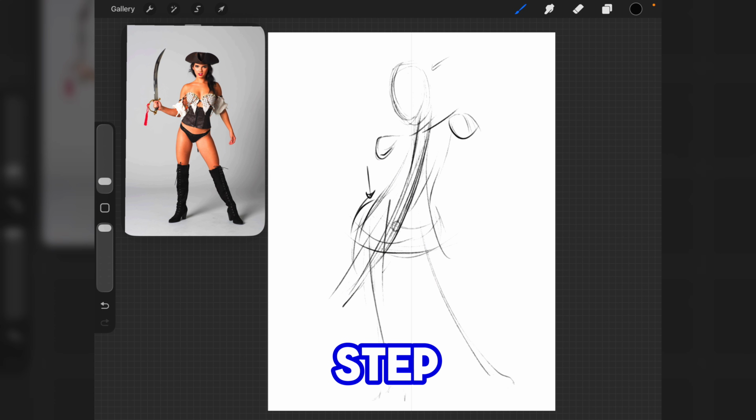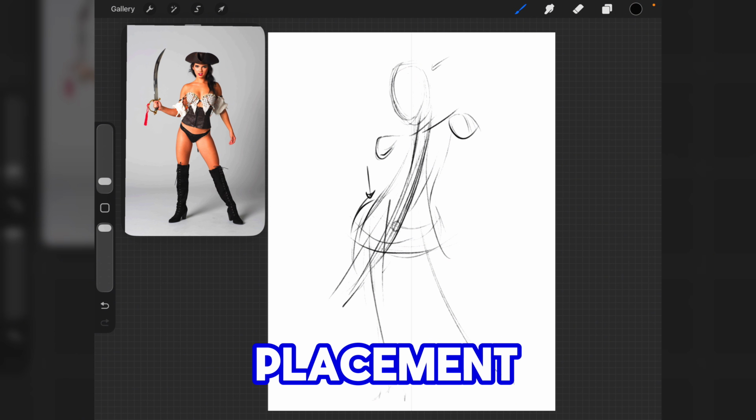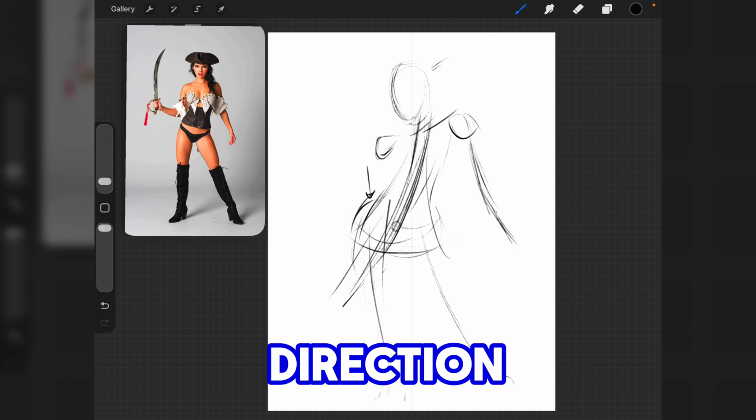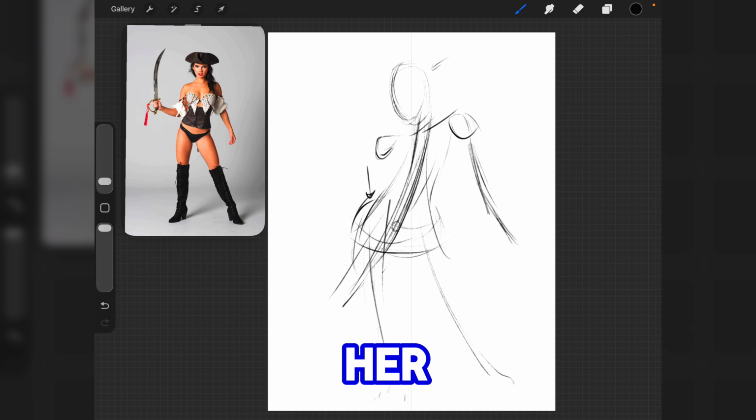Then the next step after I draw this is hand placement. So I am going to just draw lines to figure out where I want the hands. This one's kind of straight, but if you really look at your hand, stretch it straight out, there's a lot of curves in it. So they always say in figure drawing to draw in the direction that you want. So her elbow comes up to the rib cage, so that's where I'm going to draw my line for the